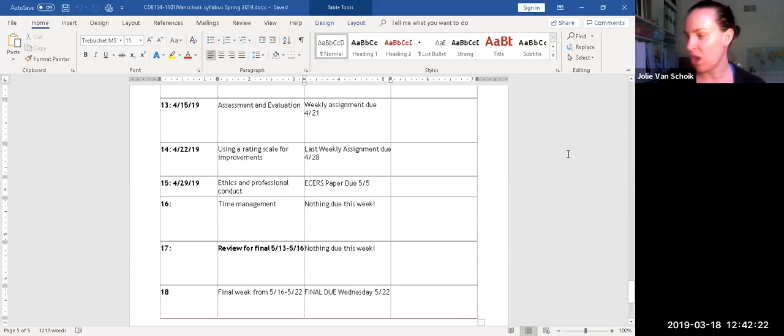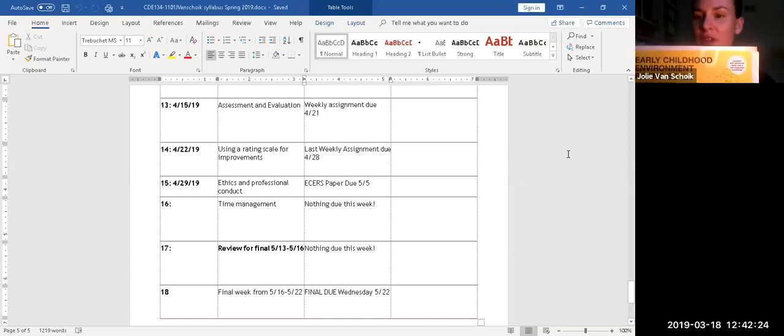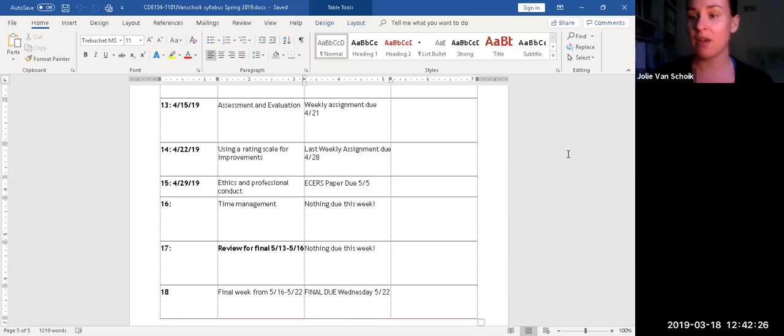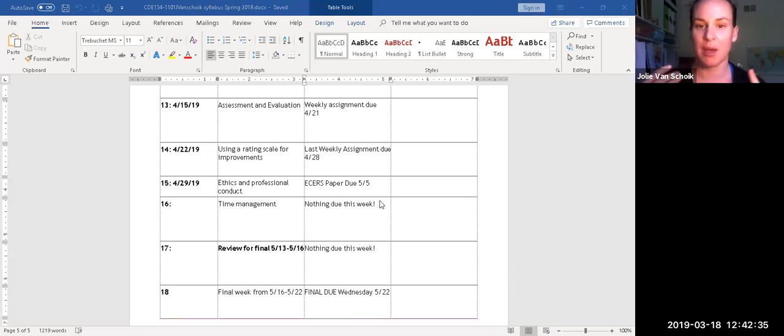I just wanted to talk about the ECRS, this environmental rating scale that you will need when going to the Menifee Valley campus to observe, if you need a place to observe as well, and just make sure you know that your weekly assignments end on 4/28. You will have a paper and then you'll have a final, and that is what we will have to finish up this semester. If you need any additional support with the environmental rating scale or your weekly assignments or anything